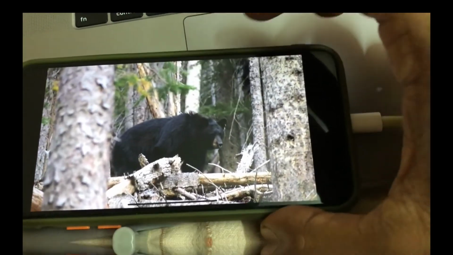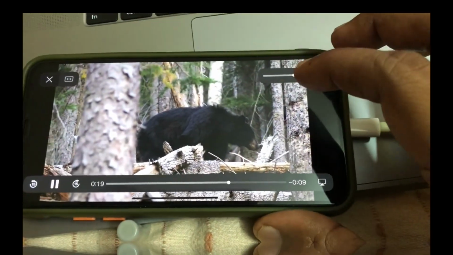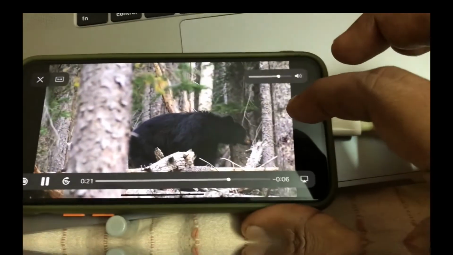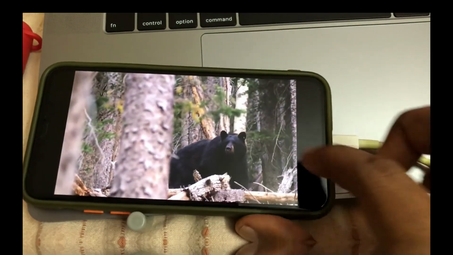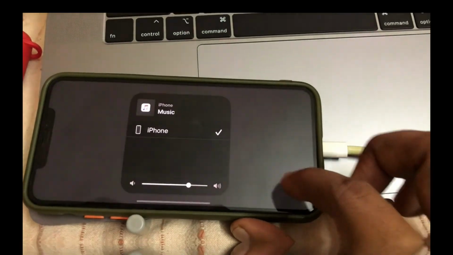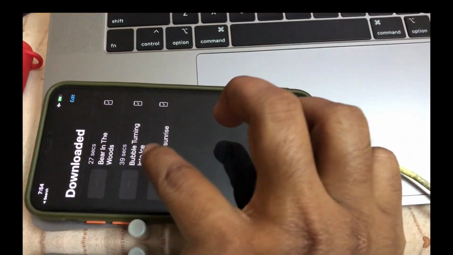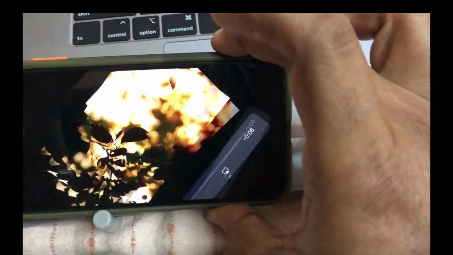That's the exact MKV file format. You can see it in full HD. The same is applicable for other videos as well. It plays all the formats.